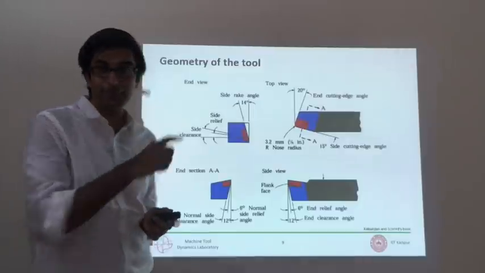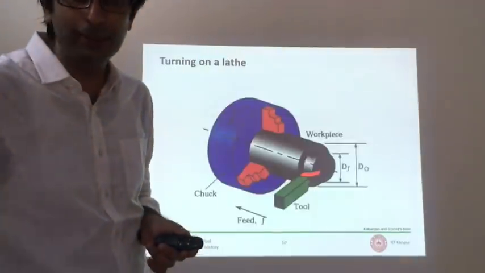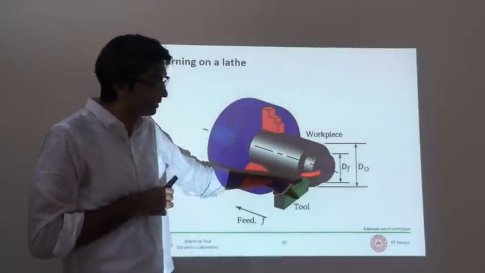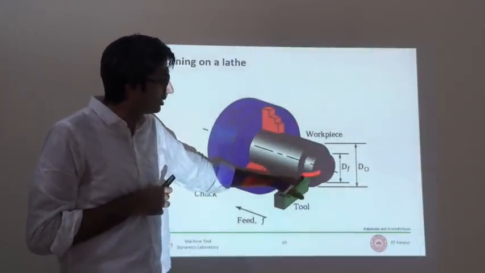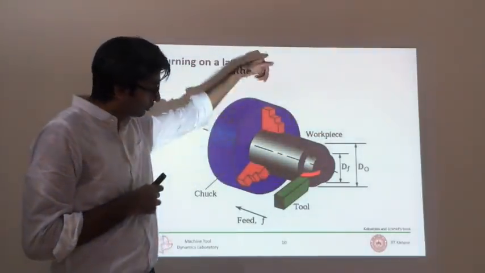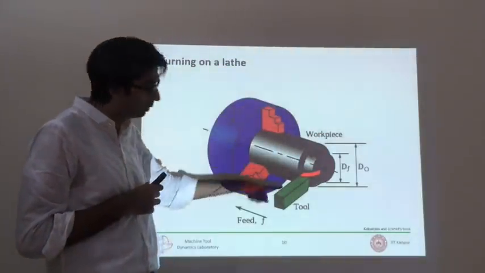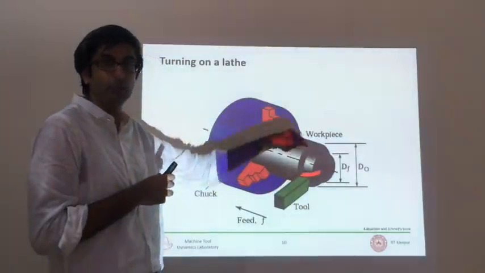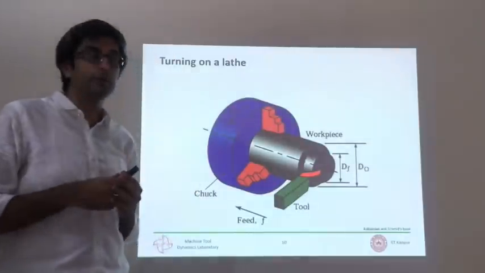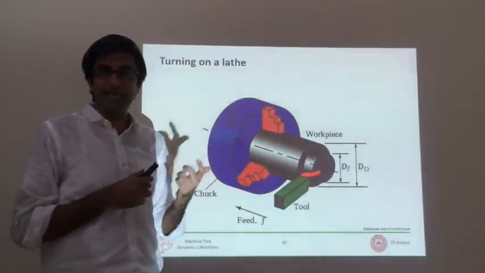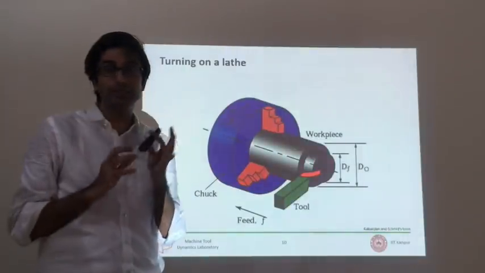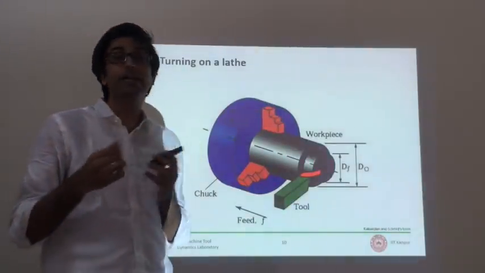So this is the simplest, like I said, which makes a cutting operation like this possible. The edge that you see is below this. This red color chip that is coming out is what is curling over the rake face. So we were looking down at the top face where we looked at the main cutting edge and its nose radius. And the rake face is where the chip curls over and comes out. We'll talk a little more about the mechanics of machining in the subsequent lectures, but for now we will just discuss tool geometry and different kinds of tools.